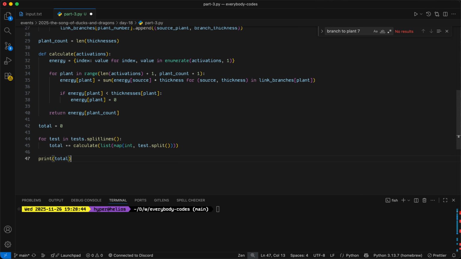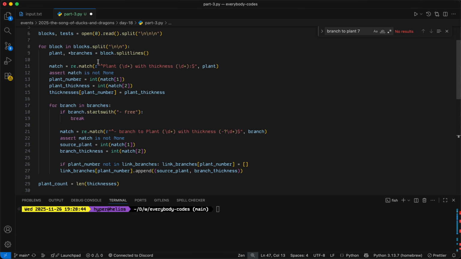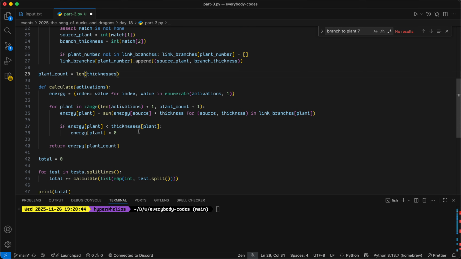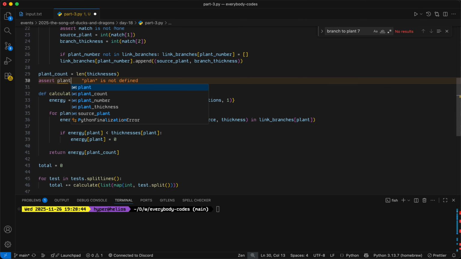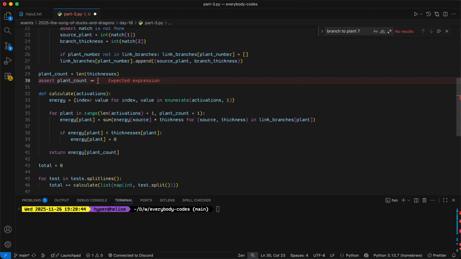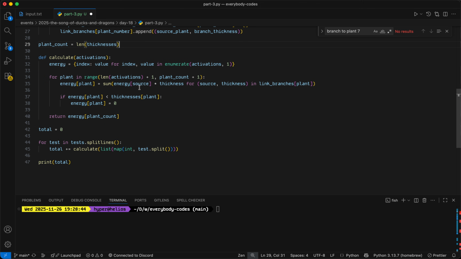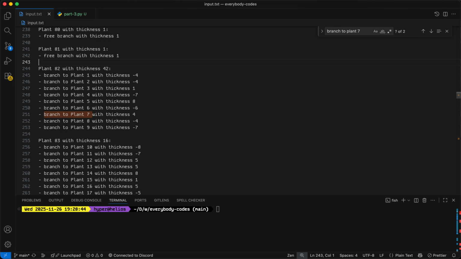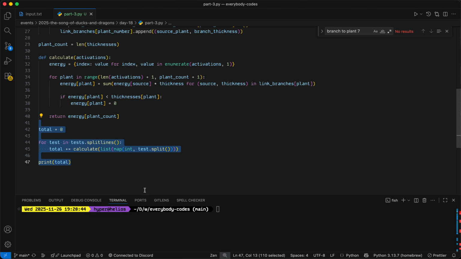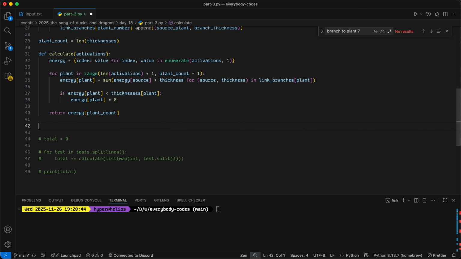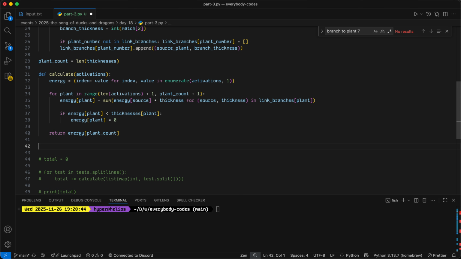Okay, so a lot of the code can be shared. We still want to do the parsing the same way. We'll assert that the plant count is equal to. Actually, I'm not going to bother making assertions. Let's just find our optimal answer. Okay. So for the initial activations for the optimal one, we'll start with a grid. We'll start with an array of 81 zeros, and then we'll go through and see which of the plants are